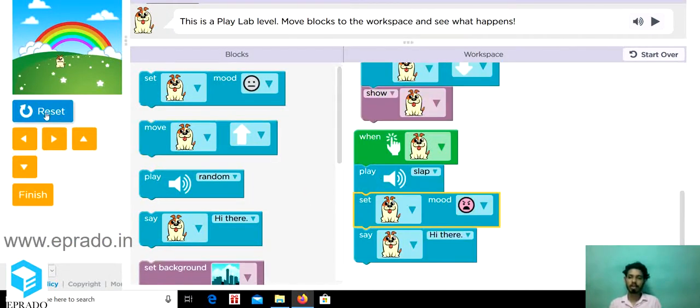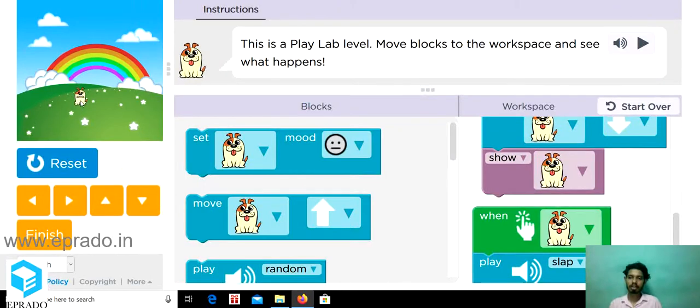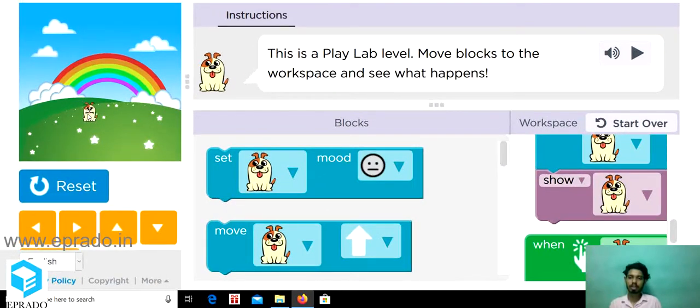So let's check now. Okay, now you can see the difference. As soon as I clicked on the dog's face, the mood changed, and it also says hi there.